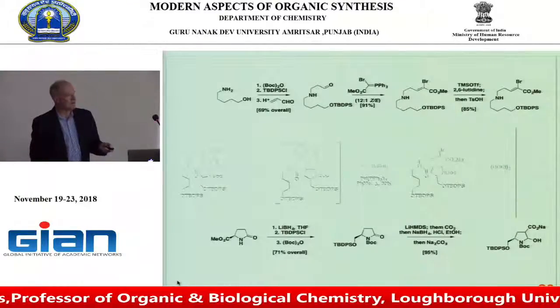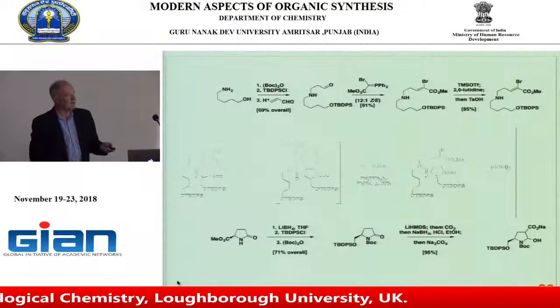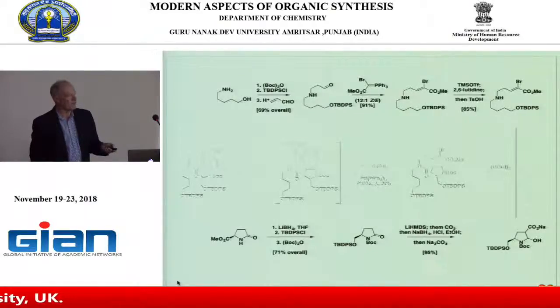And that's ready to put in this carboxylic side chain using a strong base, lithium hexamethyl disilazane, to form an enolate at this position, react that with carbon dioxide to make the carboxylate,